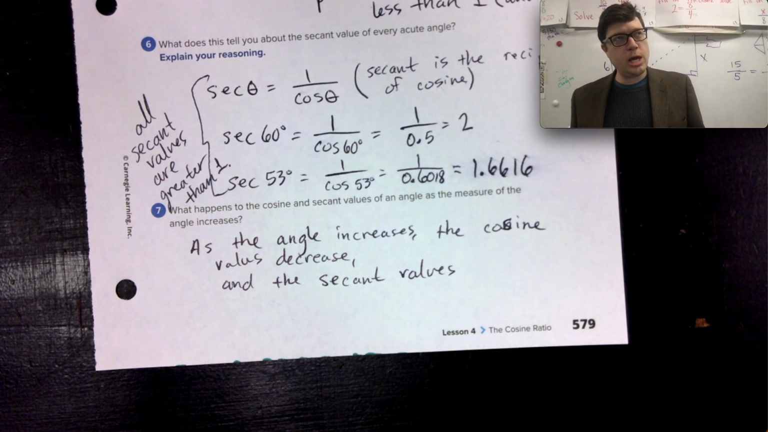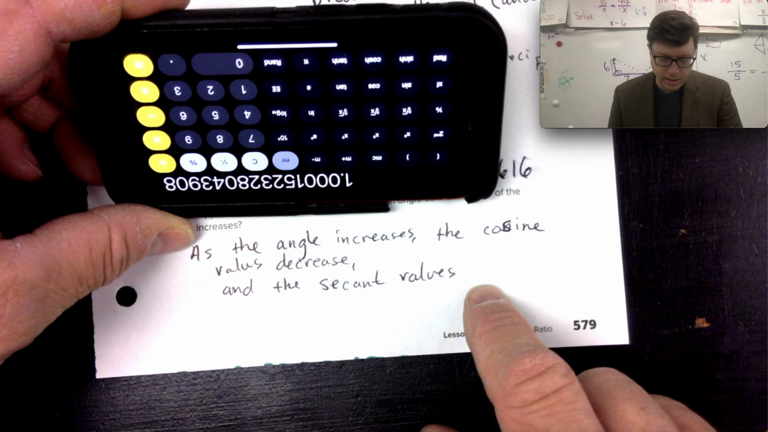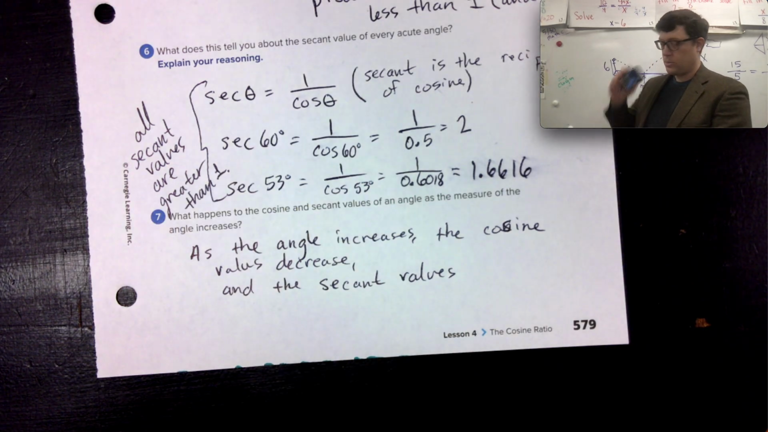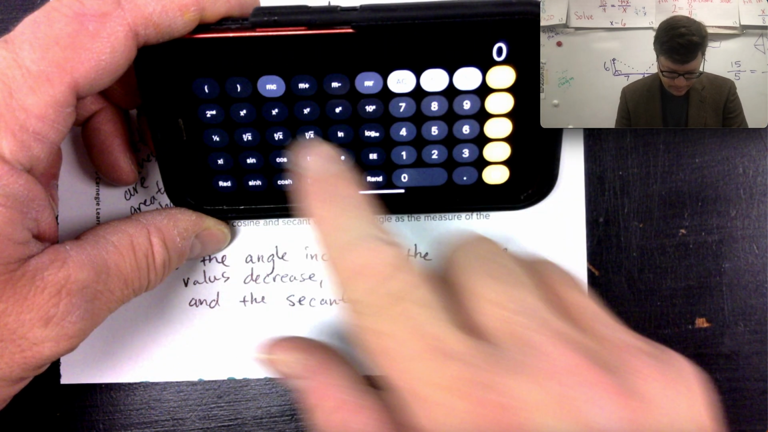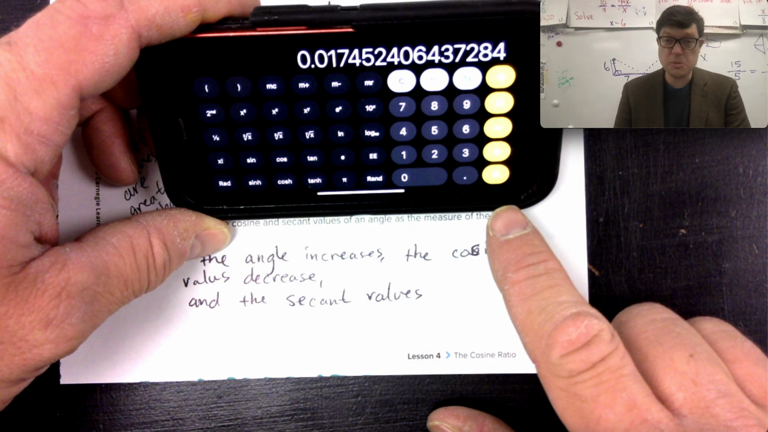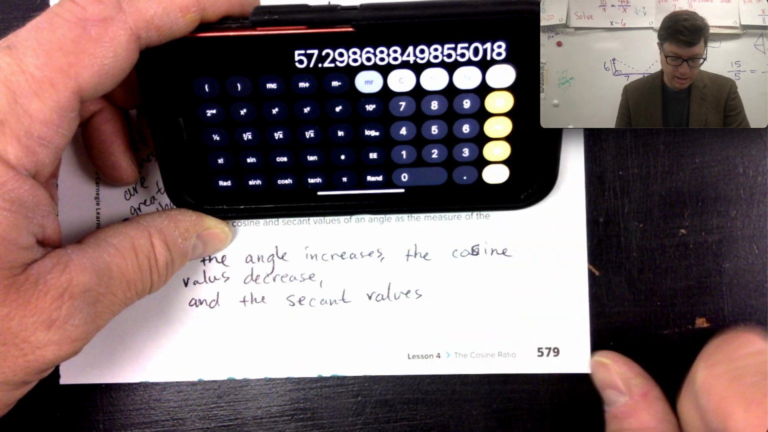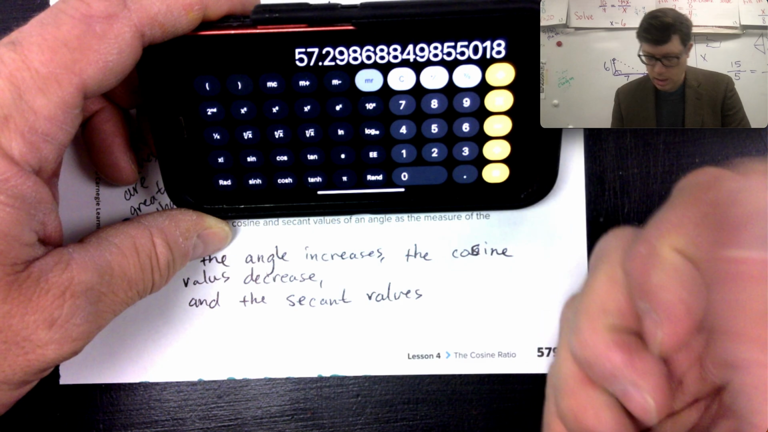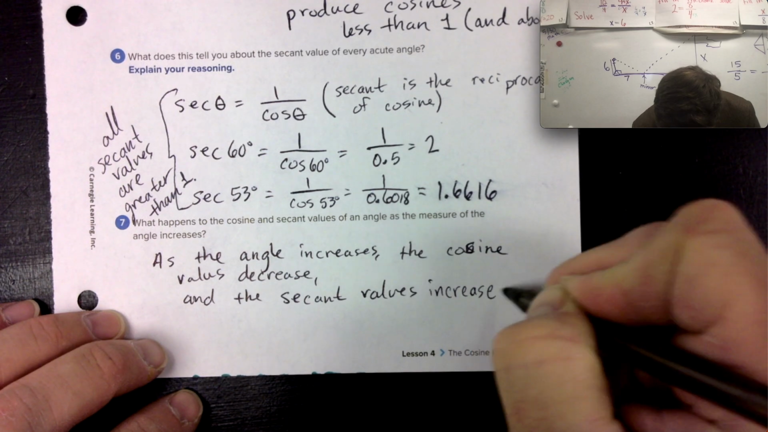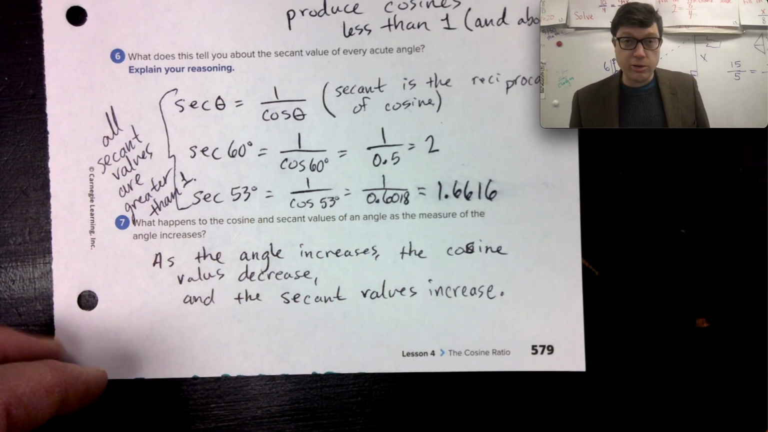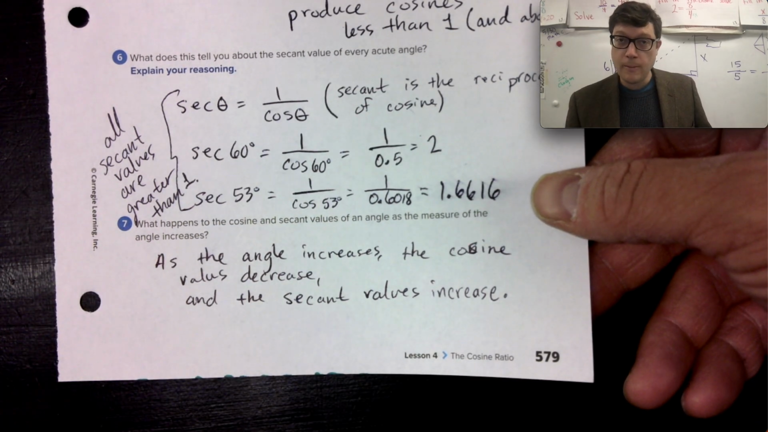So if I did cosine of 89, I don't know where it should go here. It might increase, it might decrease, it might stay the same. Check it. Memory clear. Cosine 89, small number. Store it in the memory. 1 divided by cosine of 89 is a pretty big number. So secant values increase. And in fact, I'll let you know the secret: they increase to infinity. Secant values will continually get bigger and bigger,